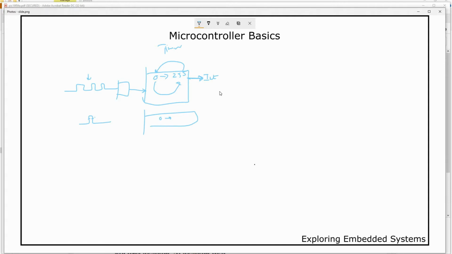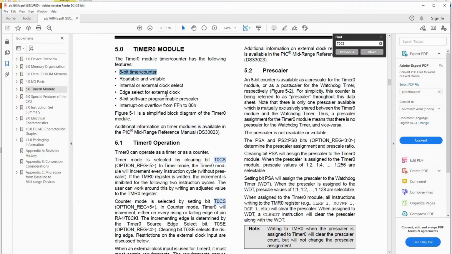Now let's see how to set up the timer. First, let's use the timer to generate a delay function. If you remember, we had written loops randomly, counting from 0 to 1 lakh, 0 to 10,000, and we were trying to generate a delay. This time, based on the clock frequency, let's set up a timer so that you will get the correct delay.